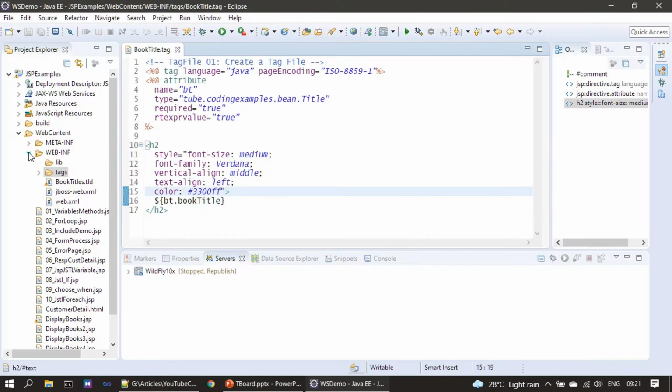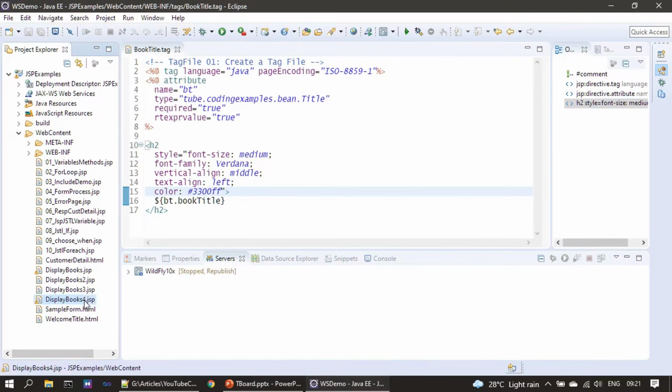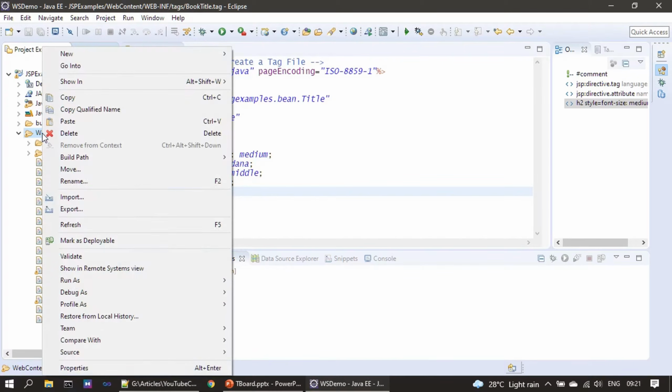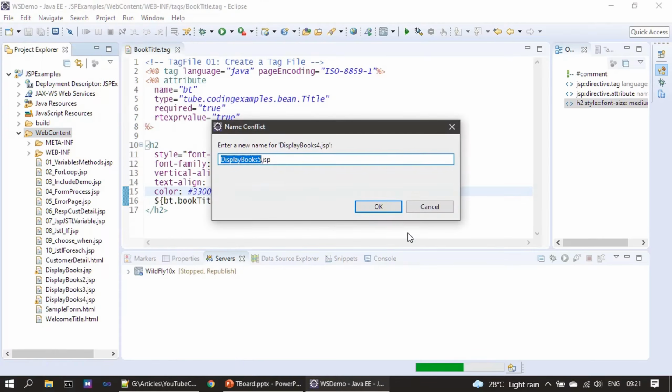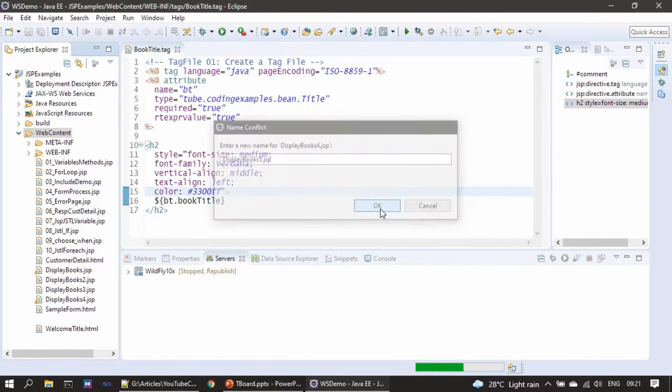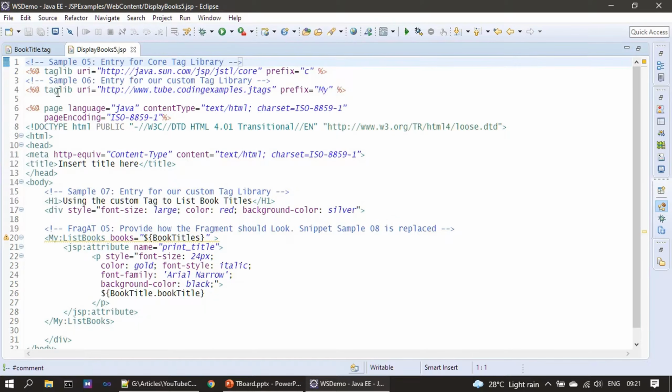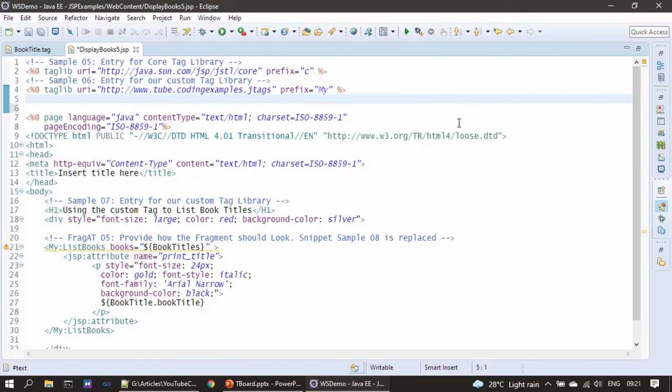Now we will go ahead and create our next version. So I'm doing a copy, then doing a paste here, and let's accept the same name. So here we have our URI for the custom tag library. Now for attribute we will specify one more